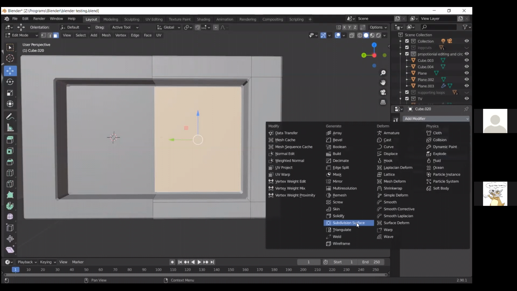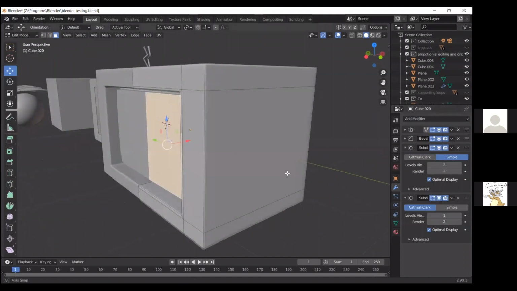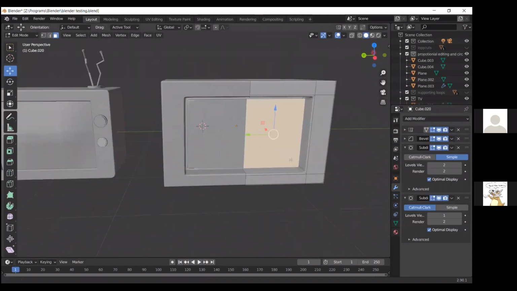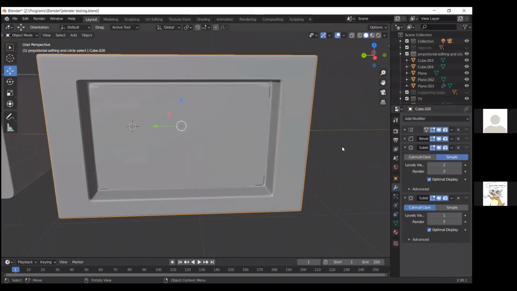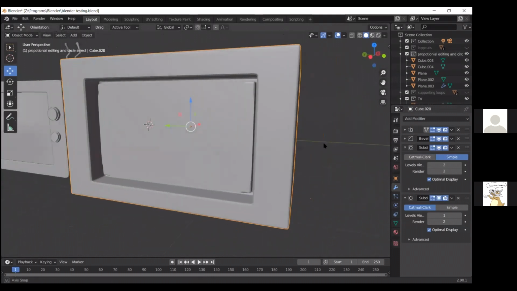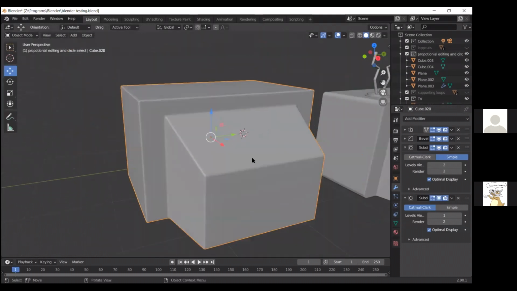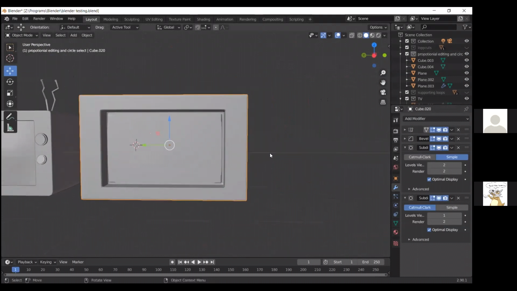And then we're going to add another subdivision surface modifier, and we're going to set that to 1 level as well. So now that we have something that looks pretty nice for a basic old school TV, we can now create